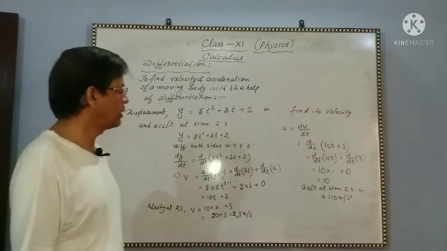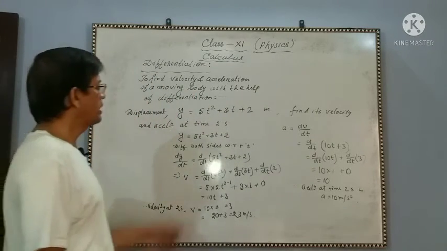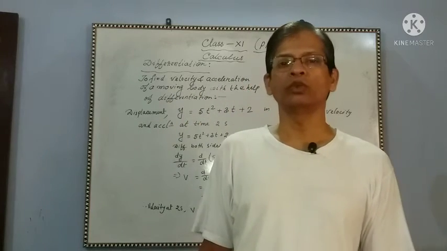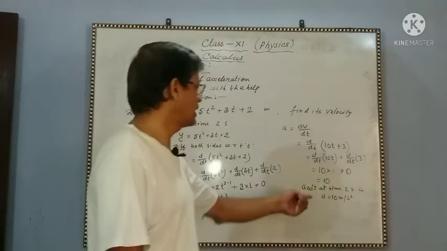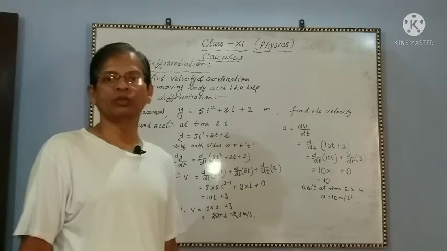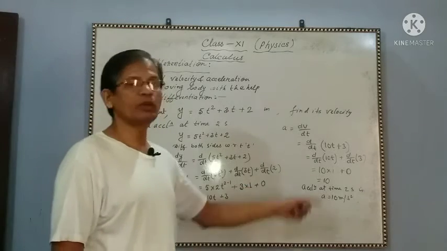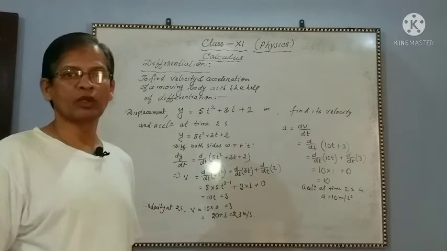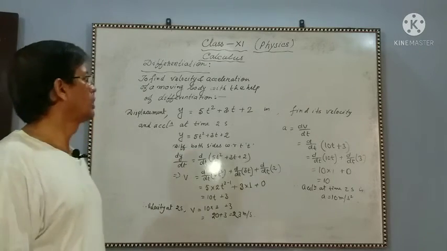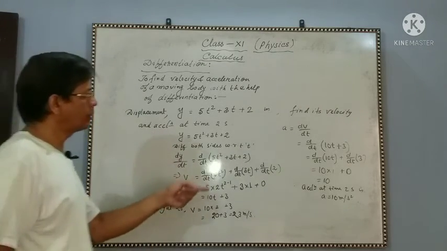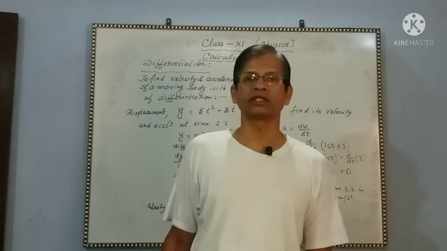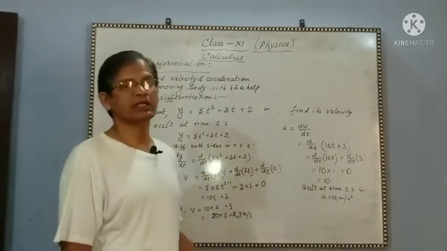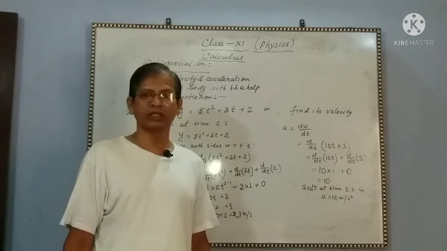This is all about the motion. If you are asked to explain the type of motion, it will be uniformly accelerated motion. Acceleration is uniform, so this is uniformly accelerated motion. Why is it uniform? Because it is independent of time. Always it will be the same. Clear? This type of question is asked in physics using calculus.